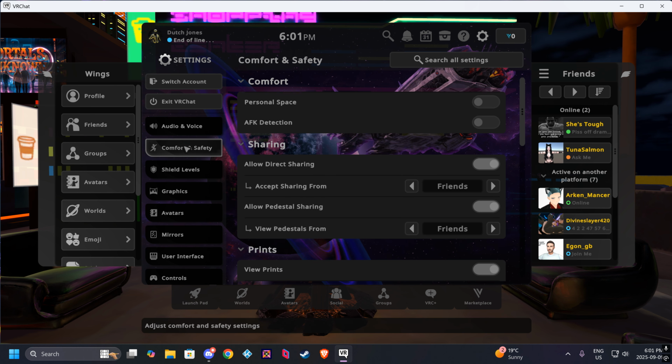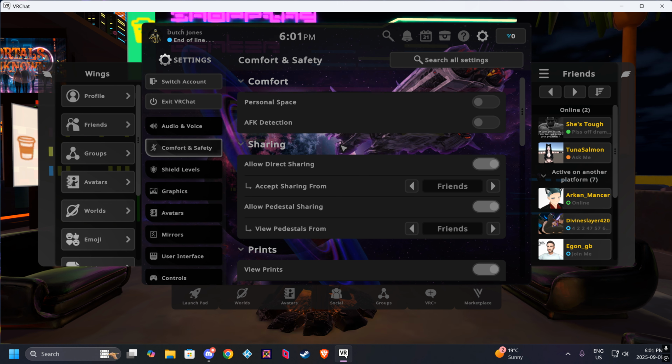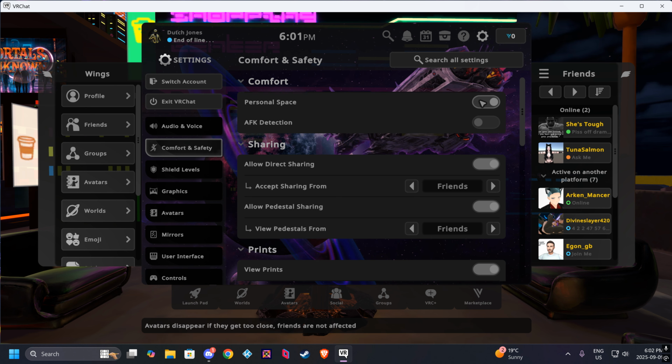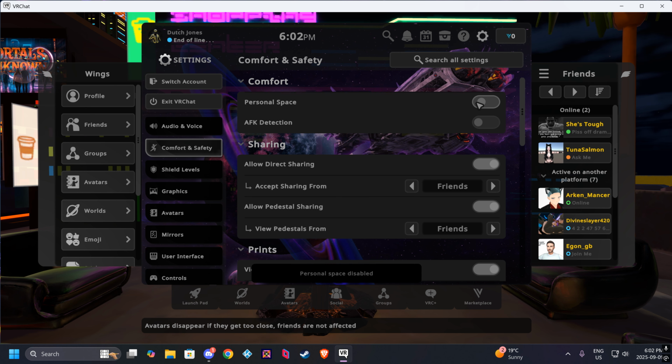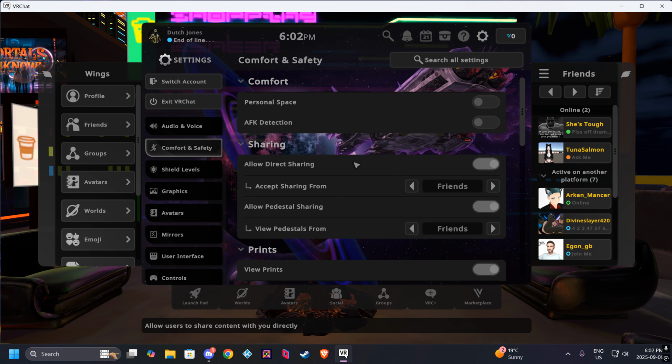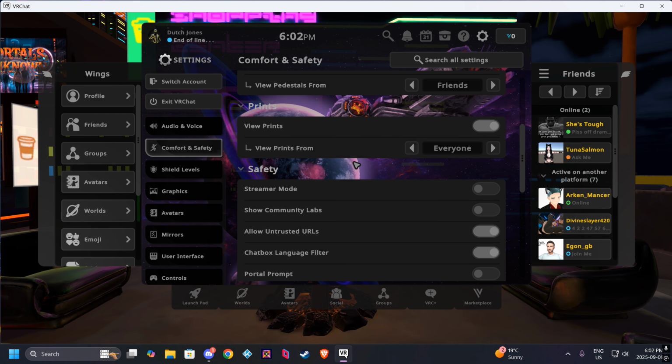Over here, if we go to safety and comfort, there are a few things here. You have your personal space, which means if you turn this on, when people get close to you, they'll disappear. So for people, like I mentioned, who might have overstimulation, they don't like people getting in their face, you can turn that on and it will make a bubble around you that people can't come up close to you. The next important thing in here